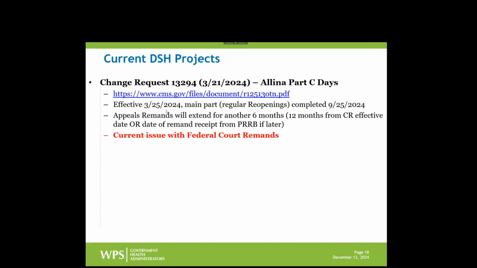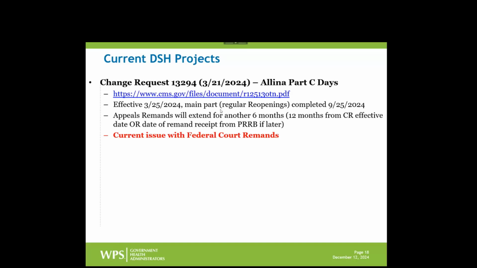And what I mean by that is that the Part C days were in the SSI ratio all along, and now they're going to stay in the SSI ratio, barring any future appeals, which are already ongoing. So what we had to do there was take those old reopenings and issue zero settlements, rather than close them, which would bar any future appeal rights.